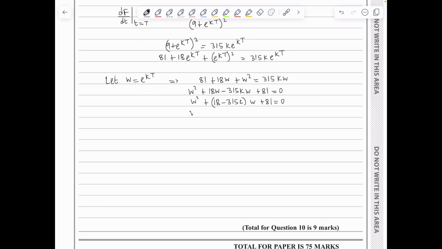So we've got w is minus the b, the (18 minus 315k), plus minus the square root of (18 minus 315k) squared, minus 4ac, and all of it divided by the 2a, so 2 times 1. So plugging this on the calculator, we get that w is equal to